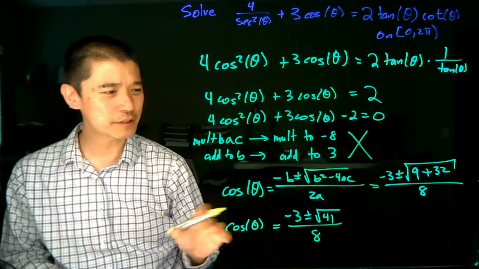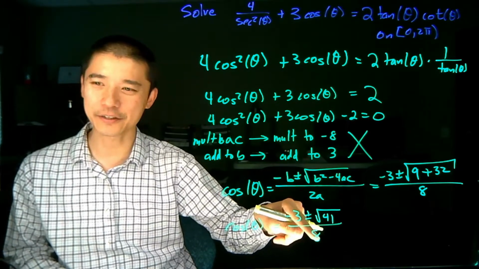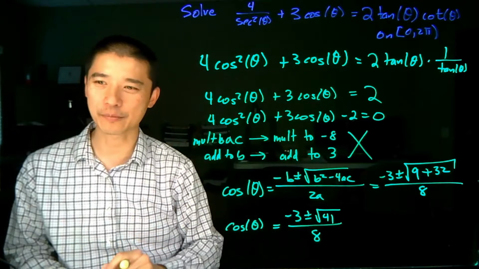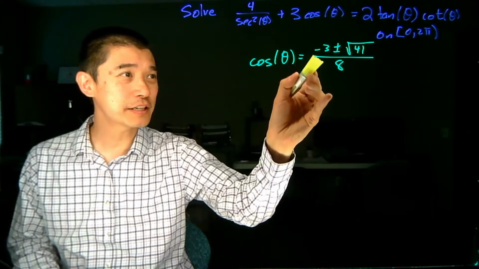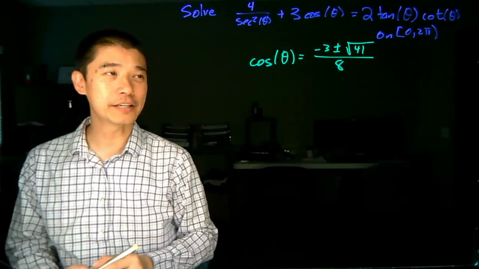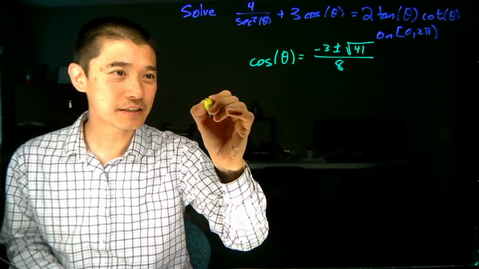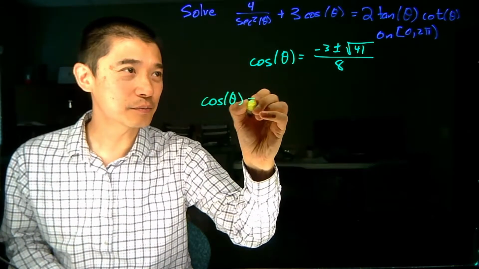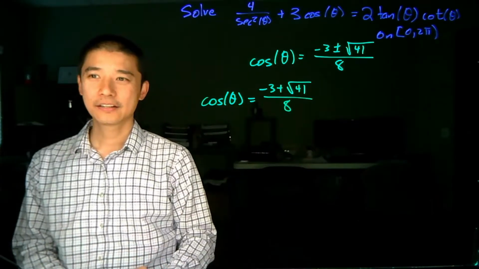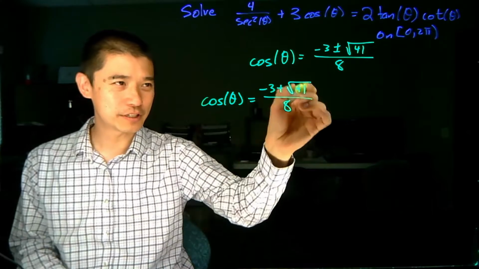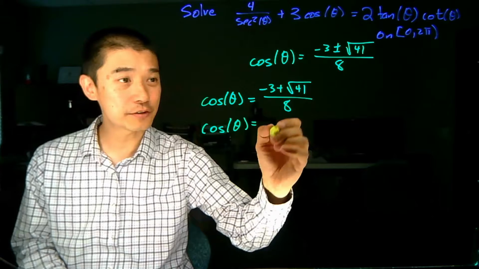Now at this point, it becomes clear that we're going to need to use a calculator. We're going to need to get a decimal approximation to these values, and we can go forward from there, and I'm going to need more space on my board. So right now, we have cosine of theta is equal to negative 3 plus or minus the square root of 41 over 8. And so we have to deal with the plus case and the minus case separately. Let's go ahead and start with the plus case. Cosine of theta is equal to negative 3 plus the square root of 41 over 8. And so this is going to have to go into a calculator because we really don't have much else we can do with it. And so when we plug it into a calculator, you get cosine of theta is equal to